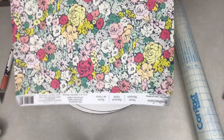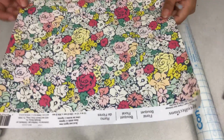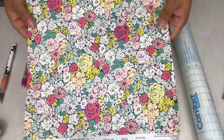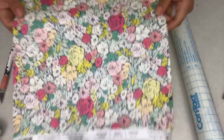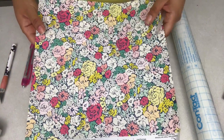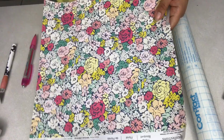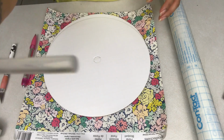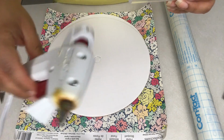Cardstock, 12 by 12. I don't know if there are sizes bigger than 12 by 12, but most of the time I use 12 by 12. But you can also use wrapping paper. I know a couple people have used fabric. You can use fabric. Glue sticks, glue gun,